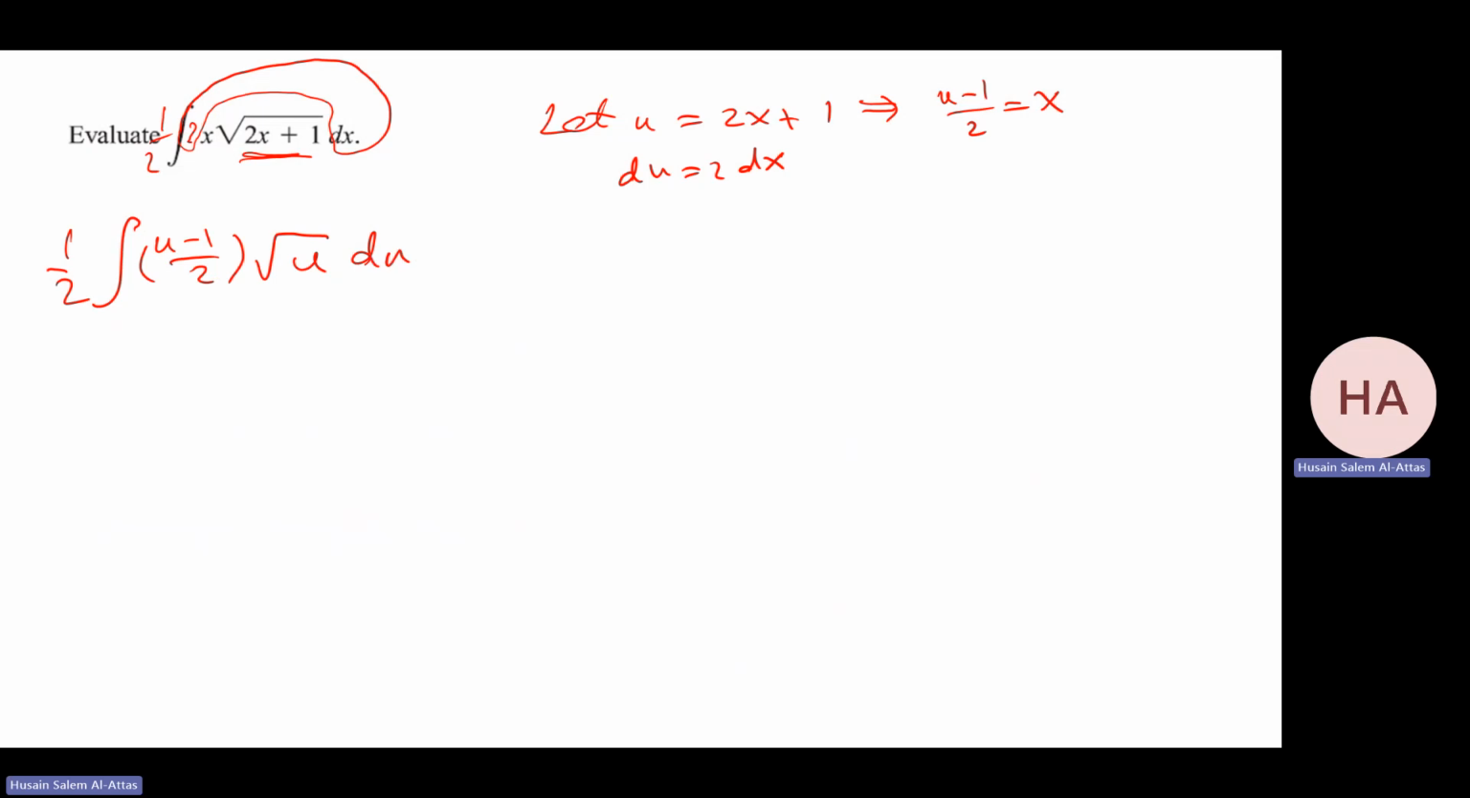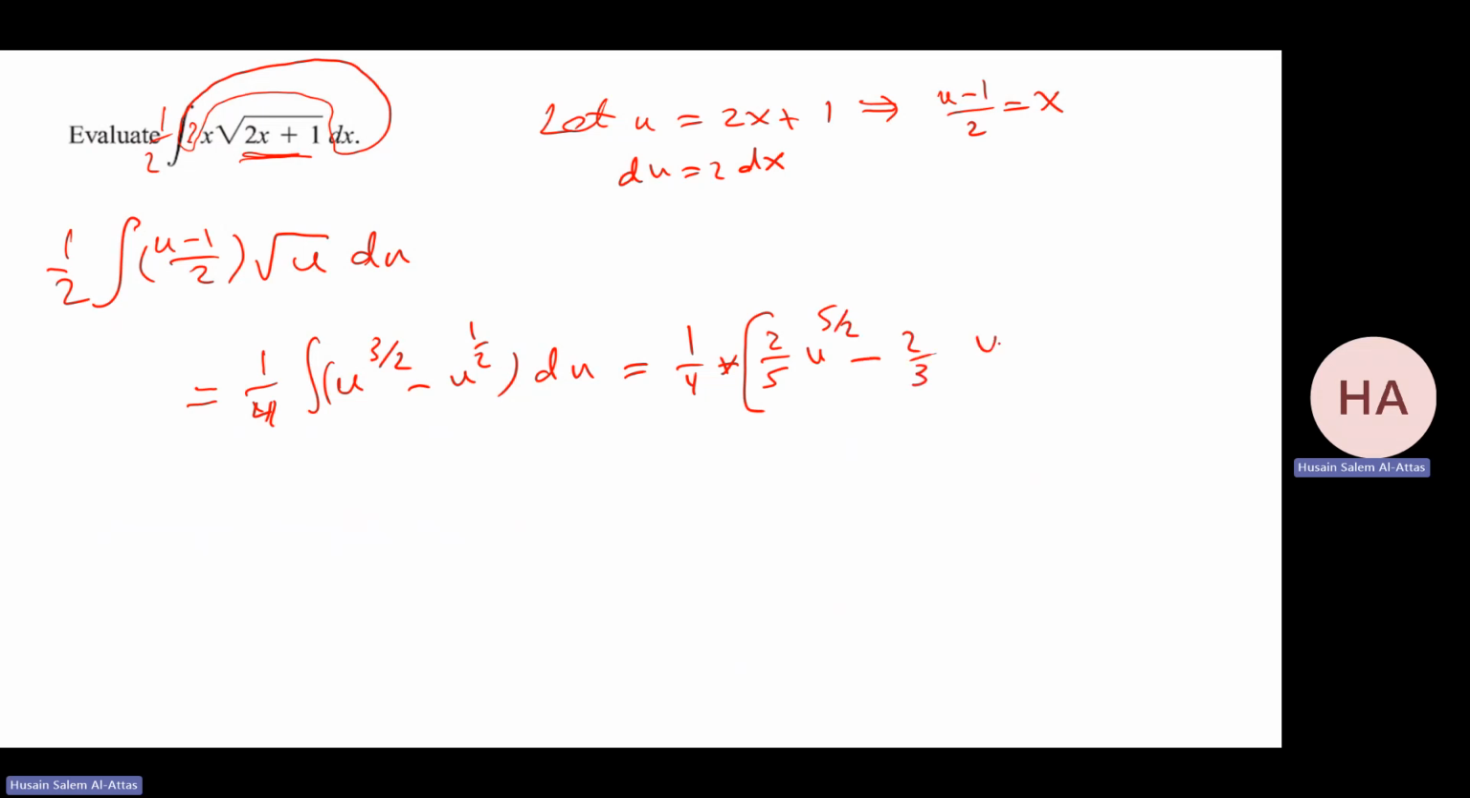That will be the substitution. So I have 1 over 4 integral of u to the power 3 over 2 minus u to the power half du. Now it's power, you can do it easily. Add 1, 5 over 2, so 2 over 5 u to the power 5 over 2 minus 2 over 3 u to the power 3 over 2 plus c. So that gives me 1 over 10 u, which is 2x plus 1 to the power 5 over 2